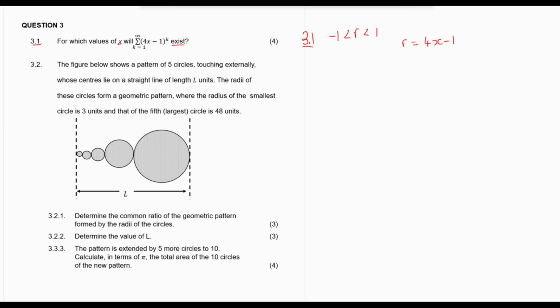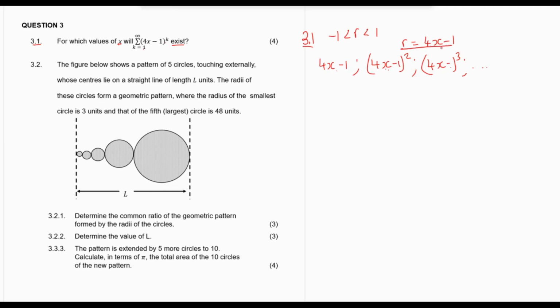Okay. If you want, you can find your term 1, term 2, term 3. Term 1, where there's k, you put 1, so it means it's 4x minus 1. Then term 2, where there's k, you put 2. It's 4x minus 1 squared. And where there's k, you put 3. The third term is 4x minus 1 cubed. You see that? So if you divide term 2 by term 1 or term 3 by term 2,